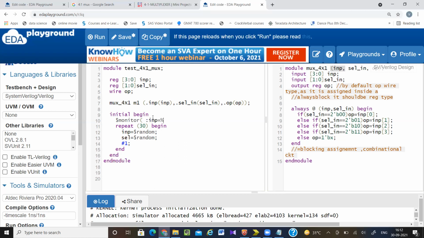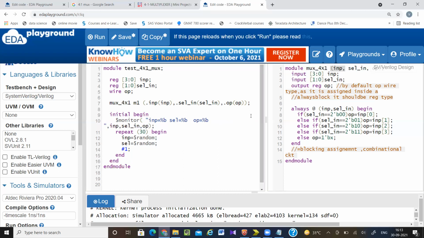So input equal to %b, select is equal to %b, output equal to %b. Input, comma select, comma output. Okay, so the input and select signal is selecting the output.